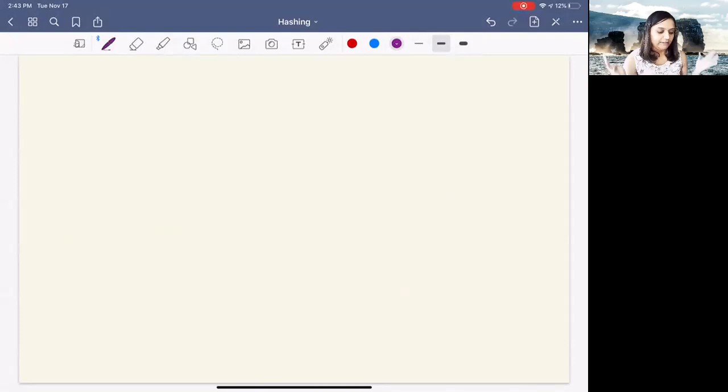Finally, let's walk through a whole example, and let's use one of the techniques that we learned. Let's use chaining because it's the most common technique. So let's walk through the process of hashing, taking an example and using chaining. Let's say that all the keys that we have, our key space, not the universe,